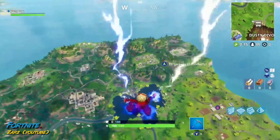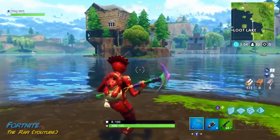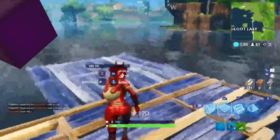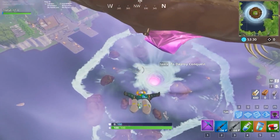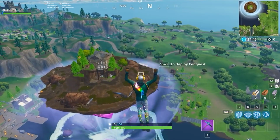Loot Lake. Loot Lake has remained relatively the same until Season 6. It was always just a lonely house on an island surrounded by a large body of water until Kevin, the purple cube, took a dive into the lake and changed everything. As you all know, Kevin rose from underneath the lake and took the lonely house with him on his journey